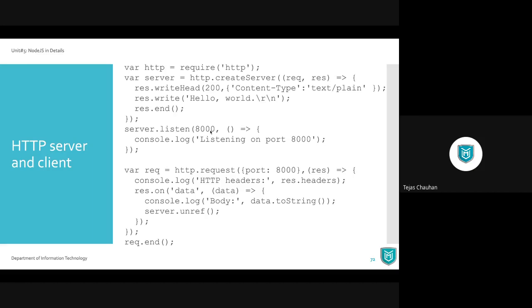Fine? So inside that listen method, your first parameter is going to be the port, and the second parameter is going to be the callback method. So that's how you create your server. That's what is the only needed part to create a server. Now you can test this server from the browser itself. Go to browser, write localhost colon 8000 port, and it is going to be there in this server as a request. Now, whenever request comes, your server is going to execute this callback.